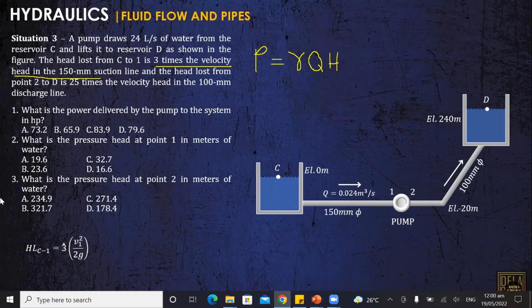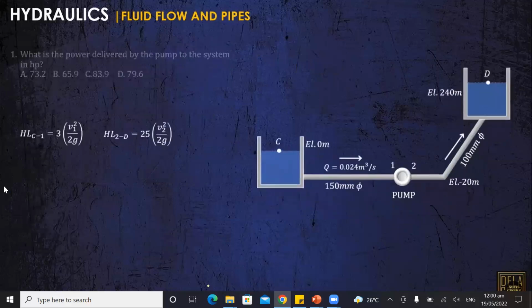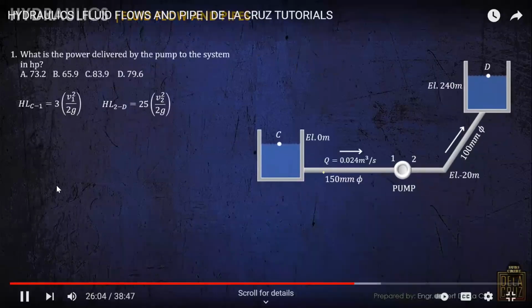So let's denote that one as 3 times V1 squared over 2g. Now, the head loss from 2 to D is equal to 25 times the velocity head in the 100 mm discharge line. So V2 squared over 2g. Now, let's calculate the velocity. Calculate natin velocity in this pipe. So again, here is the energy